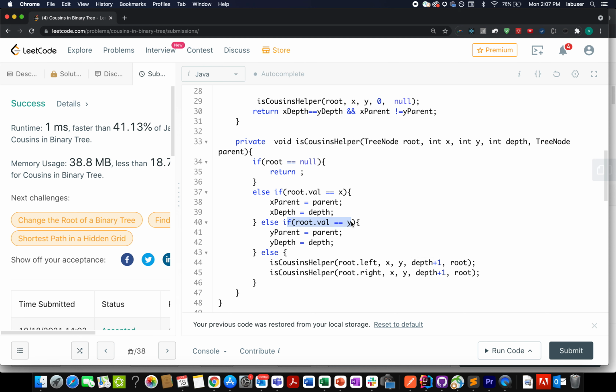Otherwise, I check if my root.val happens to be equal to y. I set y depth and y parent appropriately. And if none of these matches, then I invoke it on the right tree of the current node and the left tree of the current node, respectively. I increment the value of depth as we progress ahead in the subtrees.